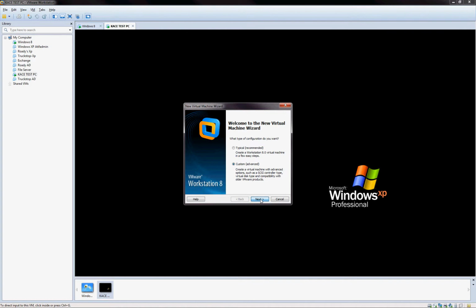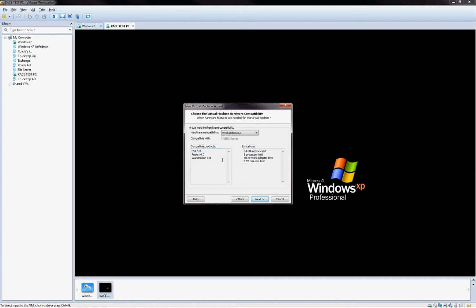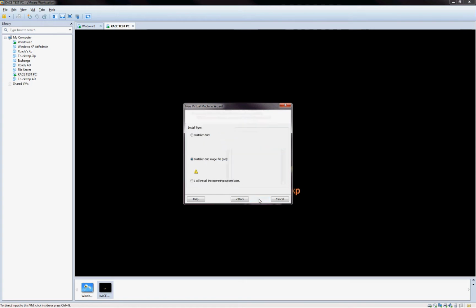You want to make sure you select Custom, because by selecting custom advanced settings you can see the flavors of the 2008 server that you need to install. It could be either Datacenter, Enterprise, or Standard. I'll go next and just make sure of what hardware you have here on your computer. Click next,